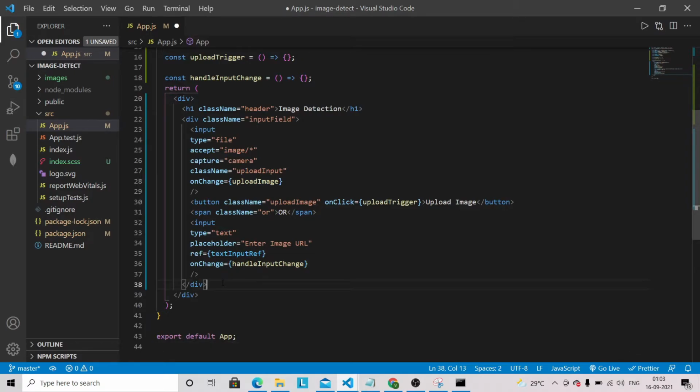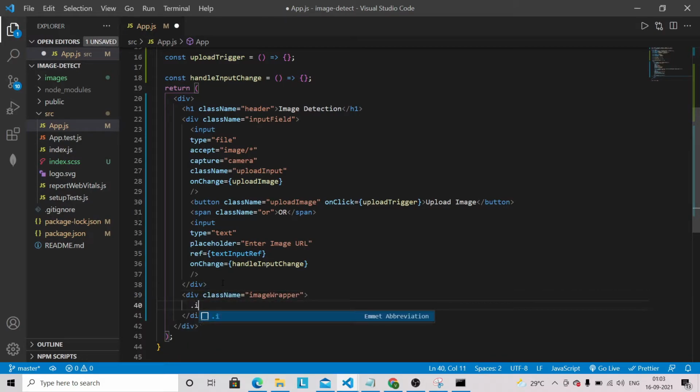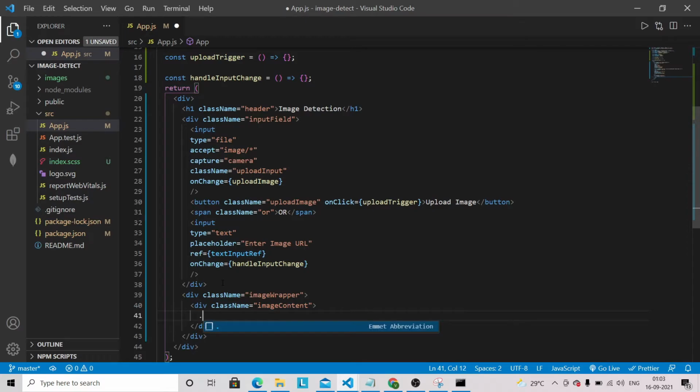So once the user either uploads the image or pastes the image URL, we have to show the image in our application. So we are going to have a className here, image wrapper, and then we'll have image content with another className, image content, and inside that we are going to have one more className, that is image area.